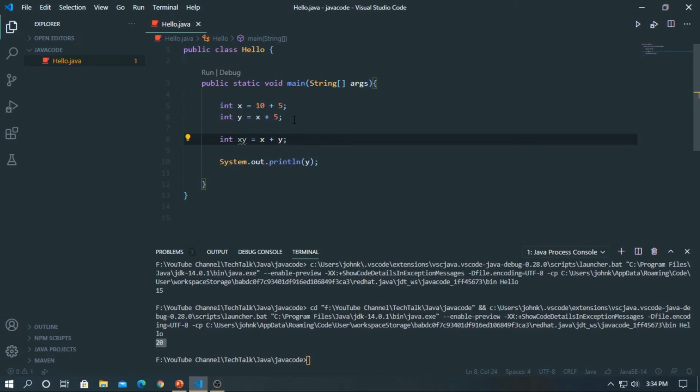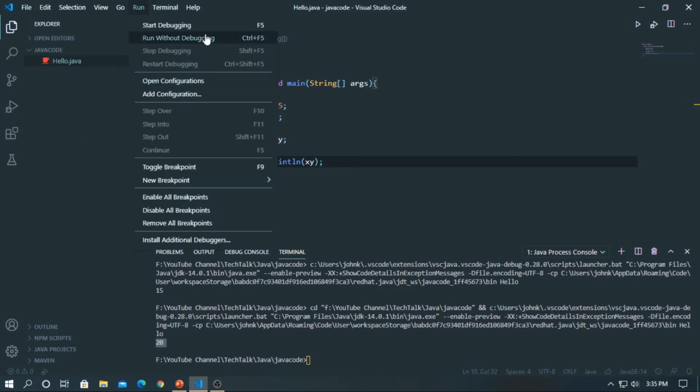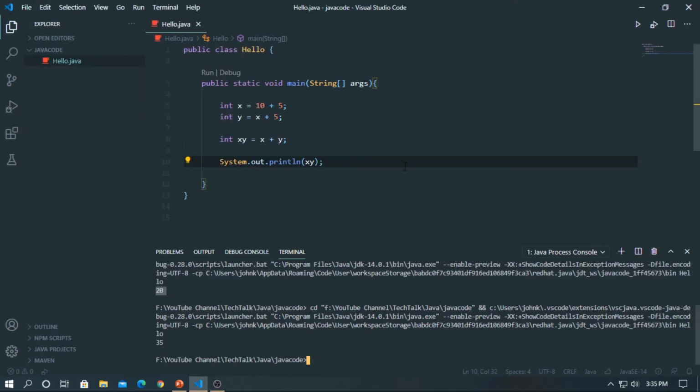Save this code and run it. And it's printing 35. So x is 15 and y is 20. 15 plus 20 is 35. So this example is working correctly.